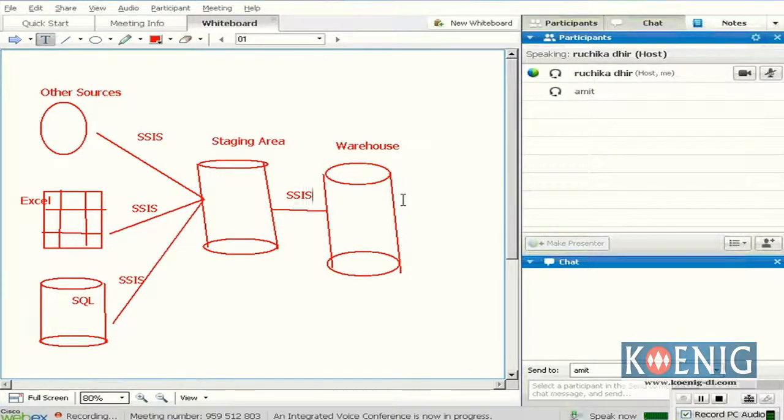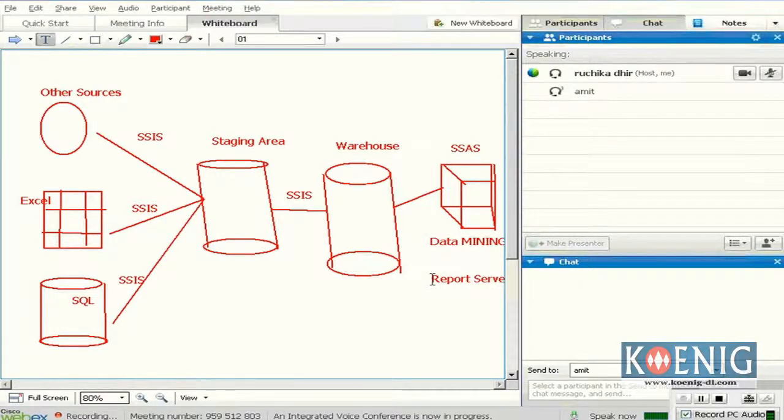Then from here, what you can do depends totally on your requirement. It may happen I want to directly generate my report from the warehouse. It may happen I want to first perform the analysis task. So from your warehouse, you use your analysis server, which means I have my data in my cube. Just like that, I'm not drawing, I'm just giving the concept here, you can also use data mining. Then you have the other option, you can use your reporting server to generate your reports.